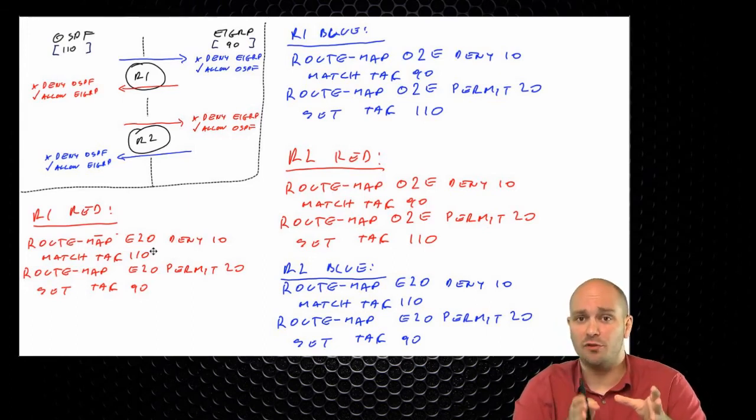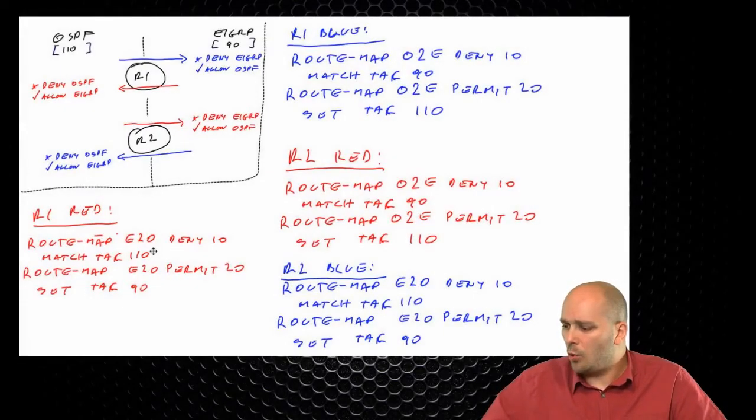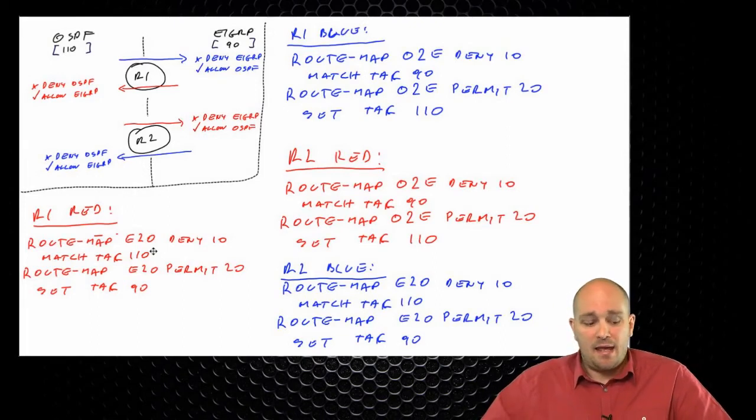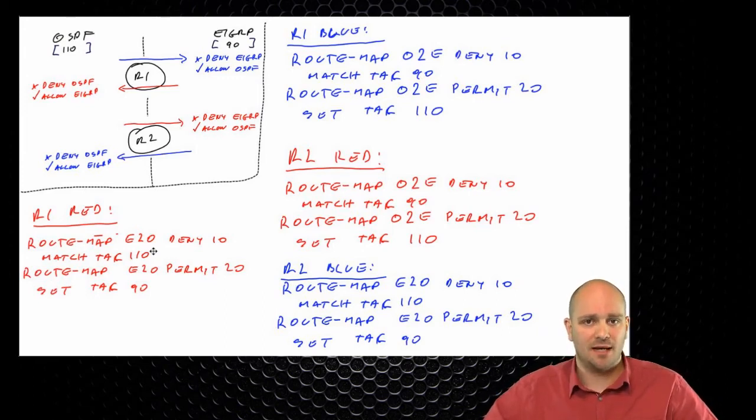But what happens if you have 3 or more protocols? The question I have is, does it matter what is the order of operation for redistribution between different routing protocols? If you solve it correctly, the answer is no. But if your solution is incorrect, you have to realize that sometimes you are going to have different behavior depending on which routes are learned first. If you have that situation, it means that you don't have a deterministic behavior in your network, which is generally speaking not a good idea. So what you need to do is make sure that no matter in which order your routes are received,